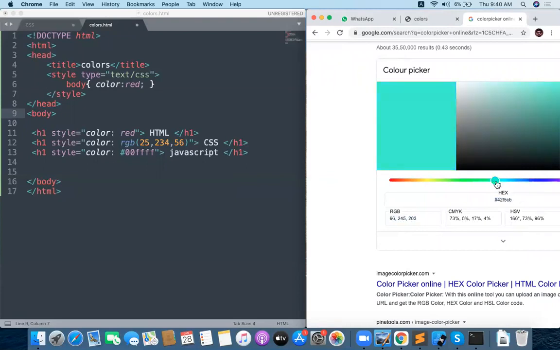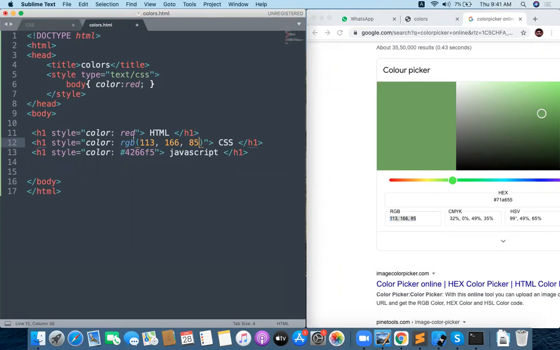Suppose I just want to change my color. This is the color I want to provide for a particular element. What is the hex value for this? You can copy here and paste here. That is the hex value. And for that, RGB is this one. For example, I want to take this color's RGB value: 113, 166, 85.